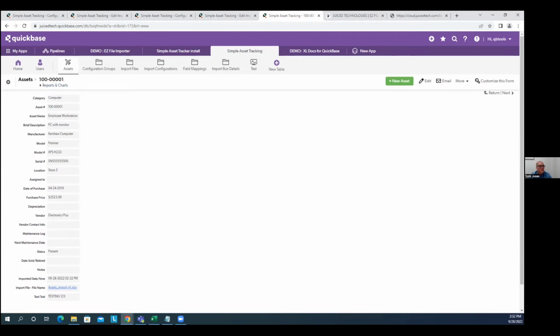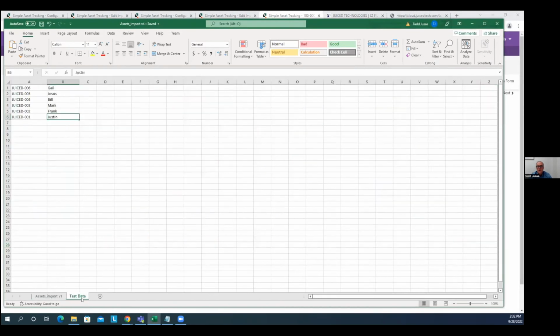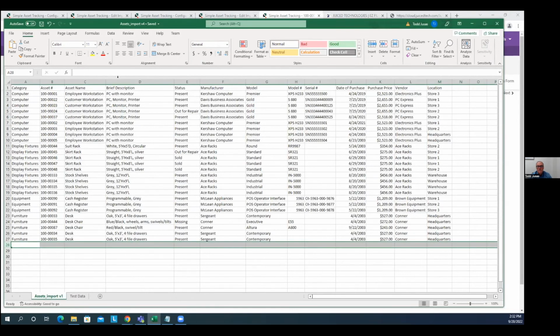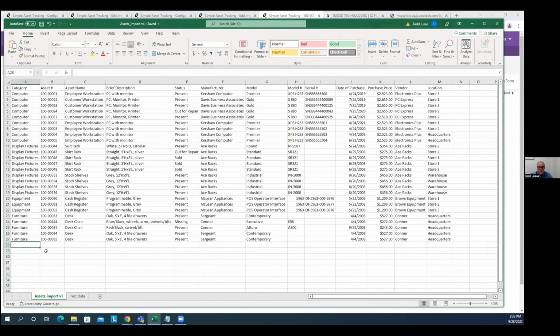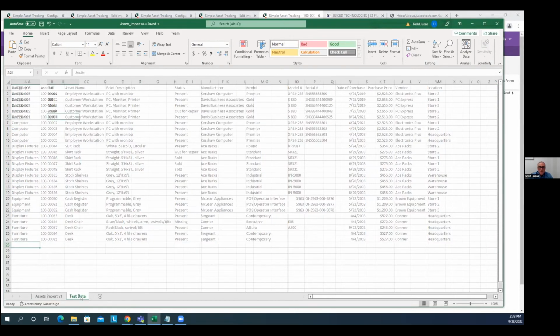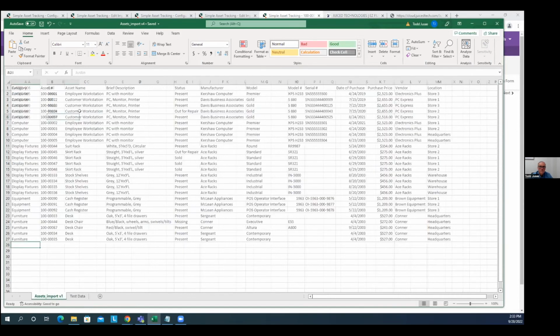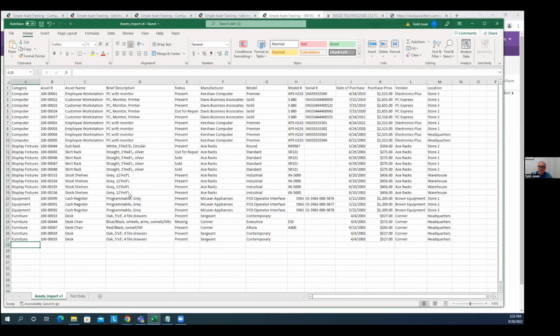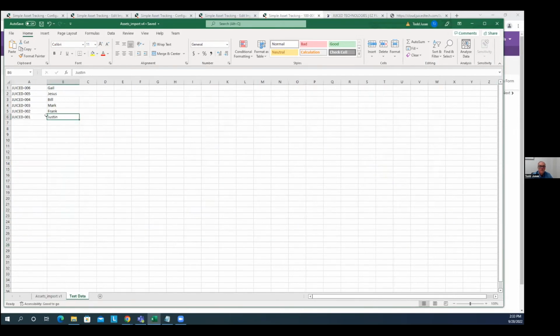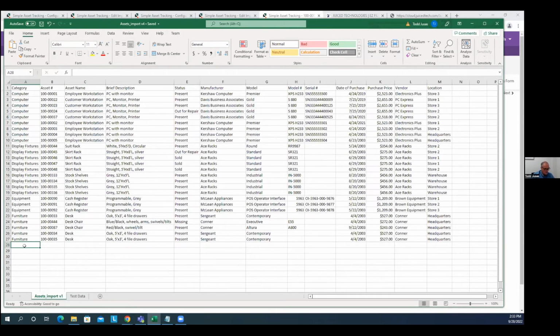If I bring you back to my spreadsheet, it does have multiple tabs. I have all my data, and actually I'm going to add a row. We're going to use a second tab, and I'm going to load another table with this tab. So I'm going to re-import and update, and add new records from this tab to a new table. So let me go back here. I want to add a new record first, just to show you that it